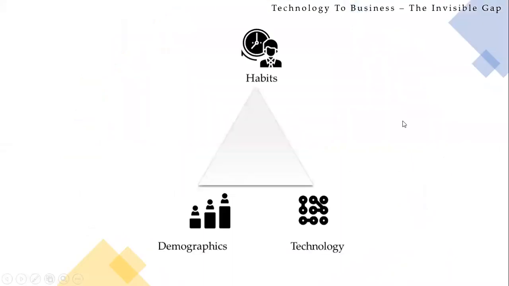Okay. So this is what I was talking about. You have habits. You are targeting a specific demographic. In Kellogg's case, they were targeting a specific demographic of kids. In terms of Next Pen, they were targeting the specific demographic of physicians and doctors. And underlying it there is obviously a technology which is supporting this, because without that, this is not going to work. So this is called a habit triangle in the marketing world.